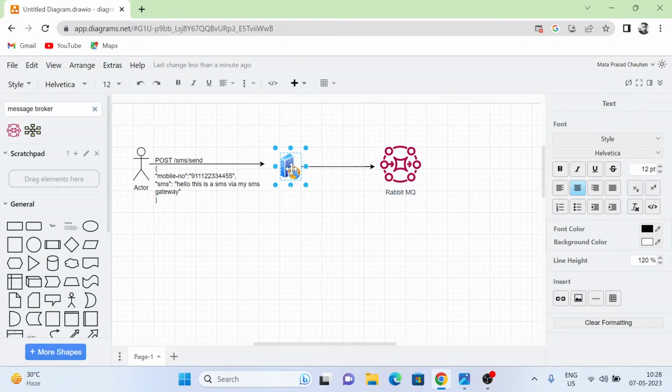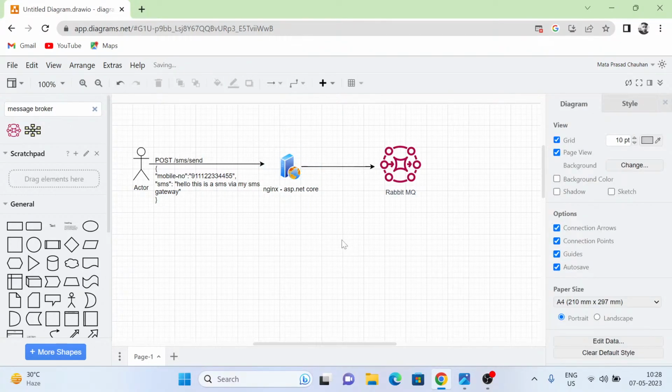So I will expose an Nginx web server, and from there would be our ASP.NET Core server. So we will deploy Nginx, and behind the scenes we will proxy it to ASP.NET Core, and in the ASP.NET Core this particular endpoint will be there, and this endpoint just accepts the request and puts it into